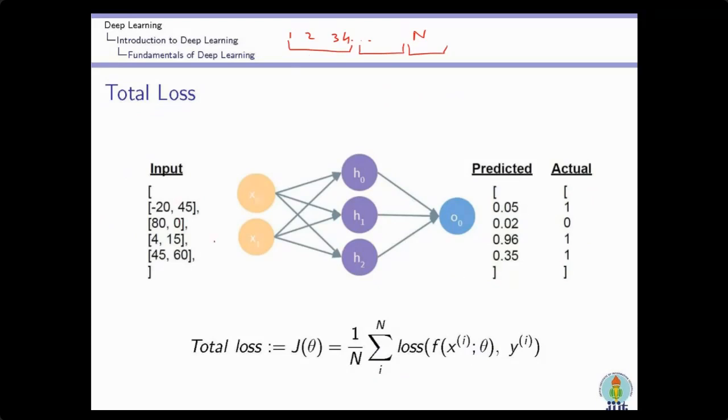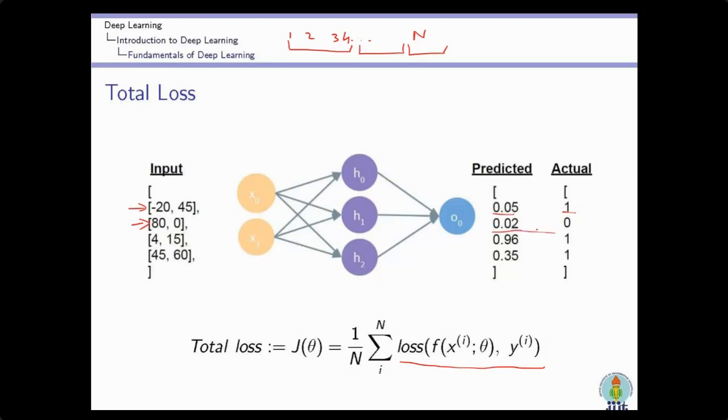So now here you will see I am just giving this particular input sample first. I have initialized the weights. It gives the output as 0.05, but the actual output is 1. I can calculate the loss. The loss function, you all know, is this one. So this is the loss for the first input sample. Then I will apply this input sample again, for the same input weights.